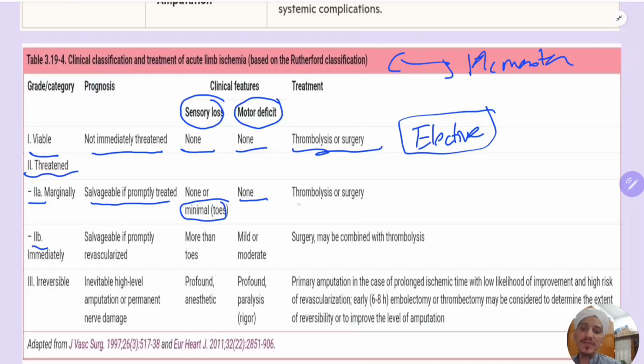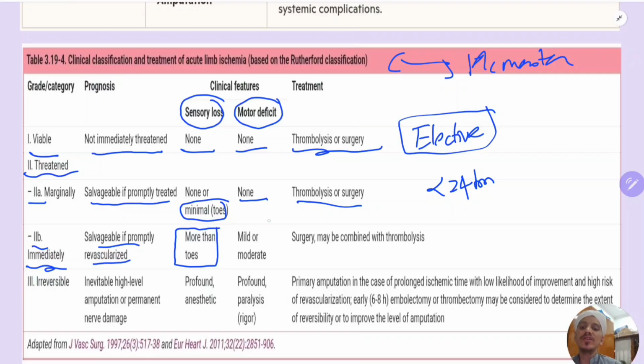So again, treatment is by thrombolysis or surgery. You should treat the patient within 24 hours. Okay, 24 hours. 2B requires immediate treatment. Salvageable if promptly revascularized. Now the sensations are not there in more than the toes, not just the toes,